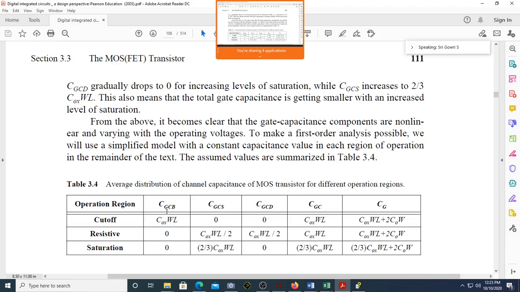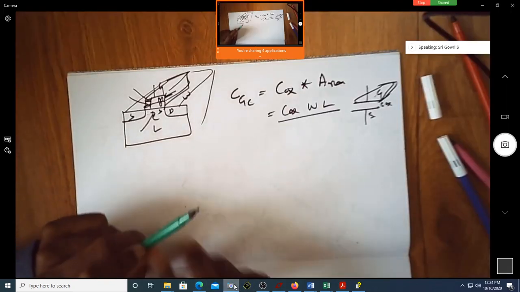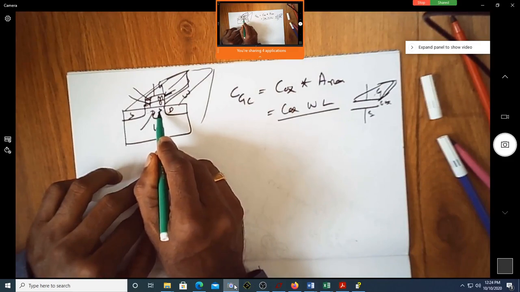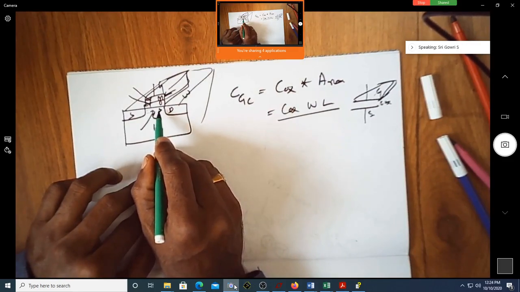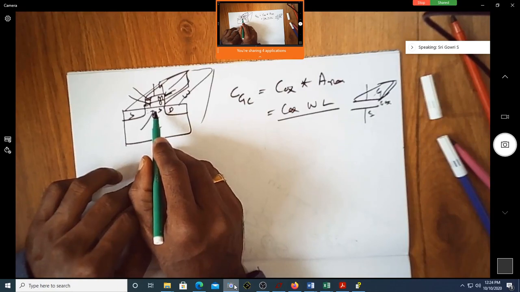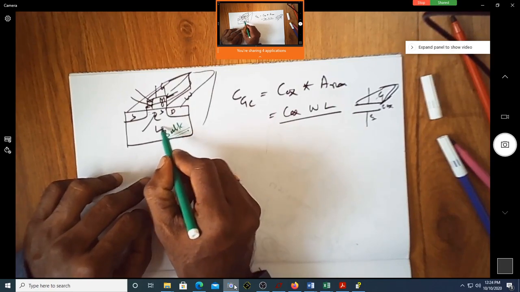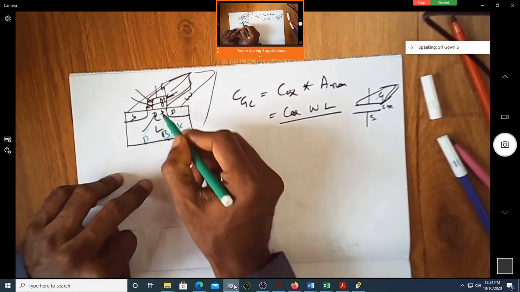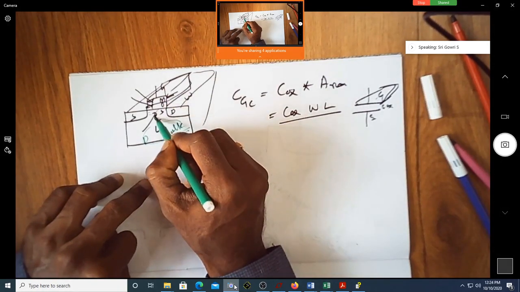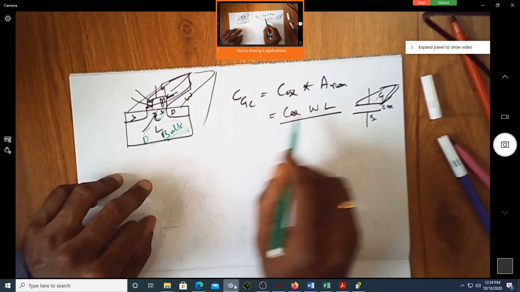You can see it is written as CGCB. This CGCB is actually what? B stands for bulk. Between gate and channel, okay, CGC, because of the bulk region, because there is no channel formed. If I can just show you this, is there a channel formed here? Because it is in cutoff region. Hello. No, sir. So is this the bulk region? Bulk region is whatever P substrate you have. So this is called as bulk region. You have metal, oxide and the bulk, and the corresponding capacitance is Cox into W by L.